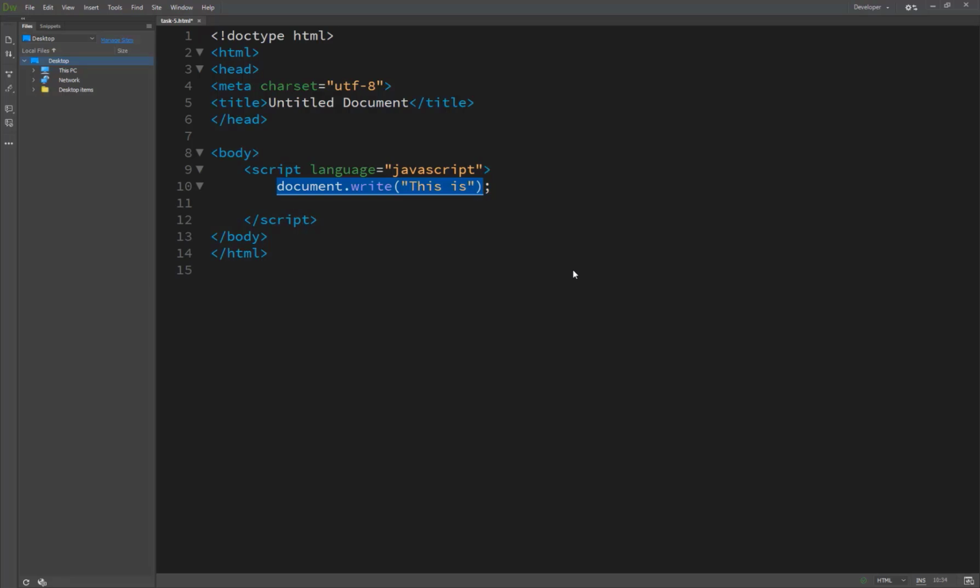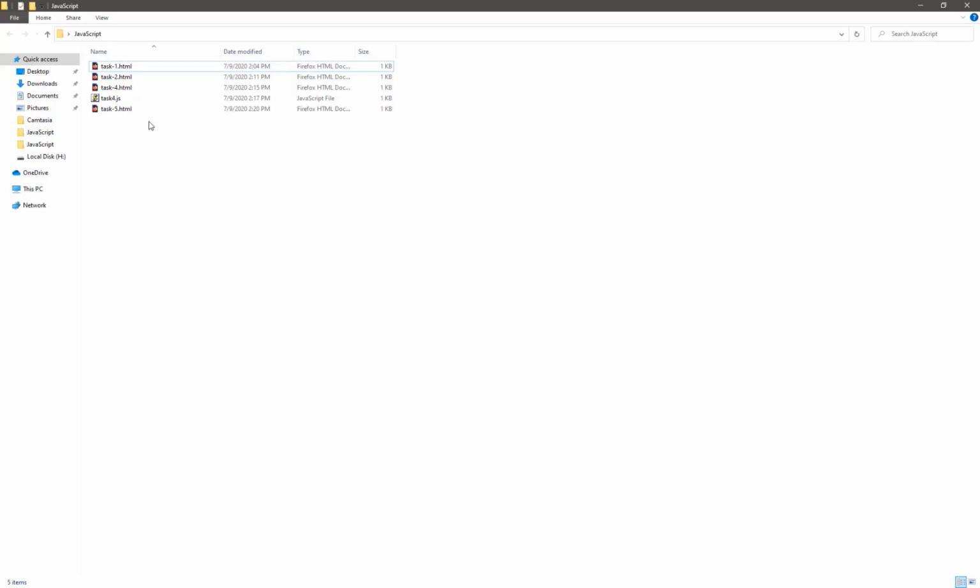And in the second line we just copy and paste it, and this is task 5. We save it as task 5.html, and now we move to see the result. And you see this is task 5.